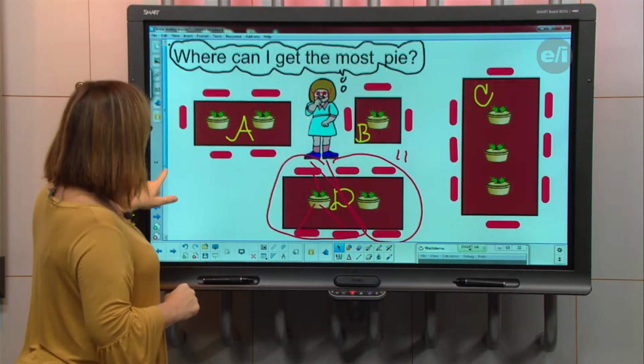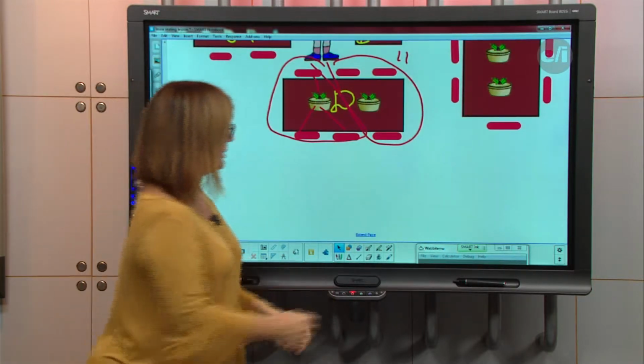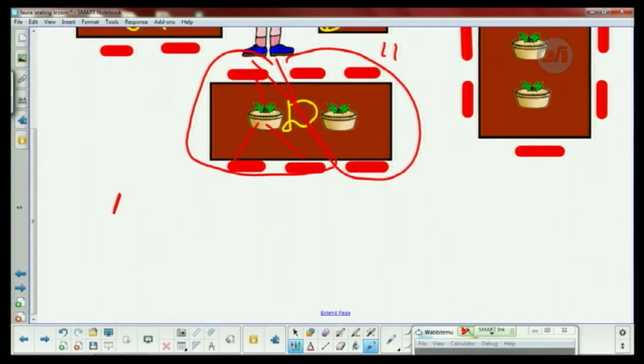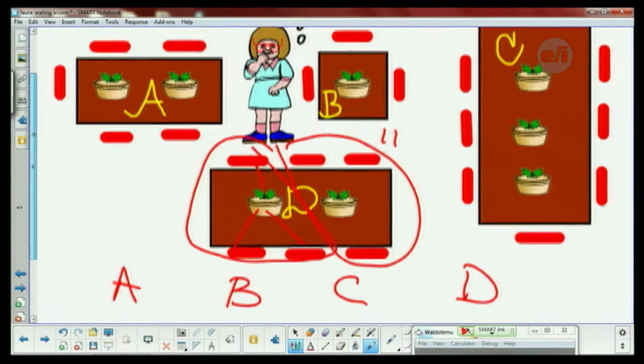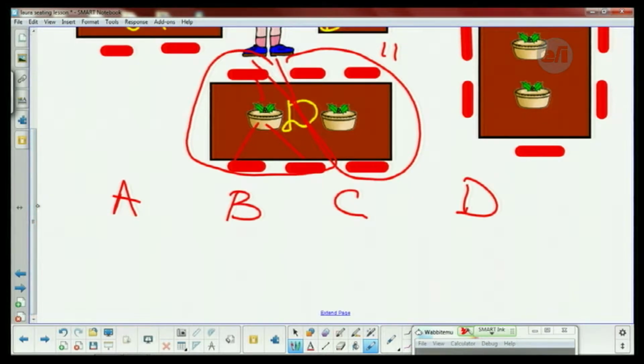All right, so let me scroll down my paper. So we're going to look at this thing, and we have table A, we have table B, we have table C, and we have table D. And we want to compare them all. So when I look at table A, I'm going to share 2 pies, and I'm going to share it with 5 people, okay? And let's put the word people. I'm going to put it over on this side, actually, people.